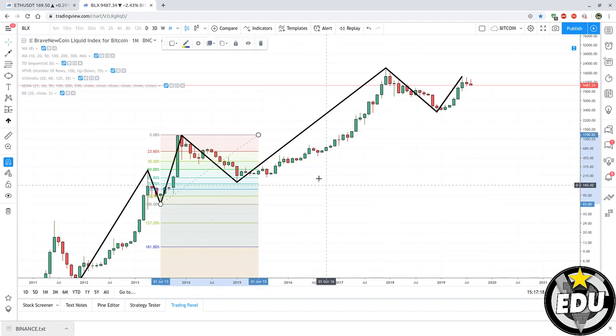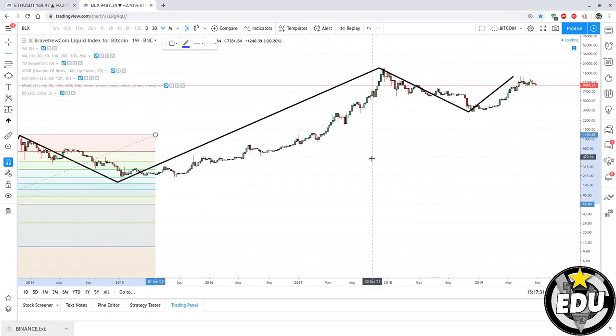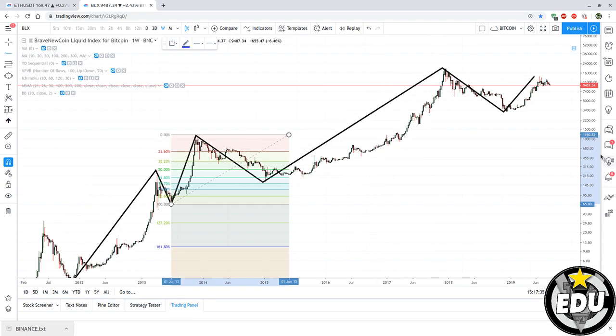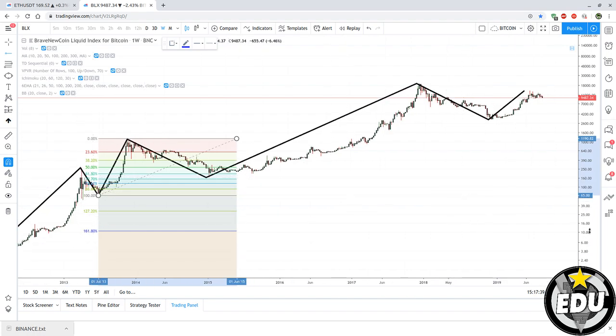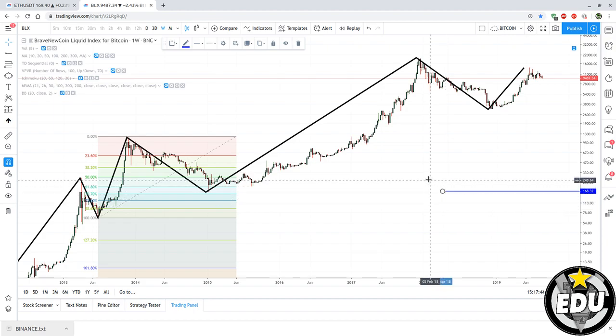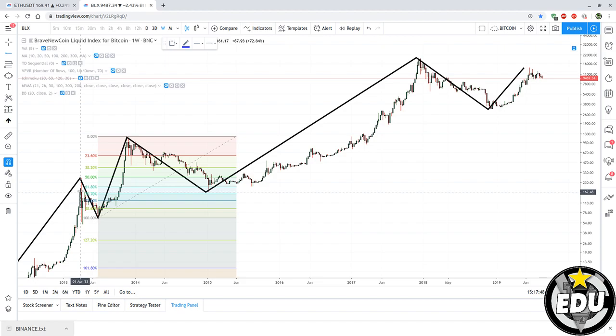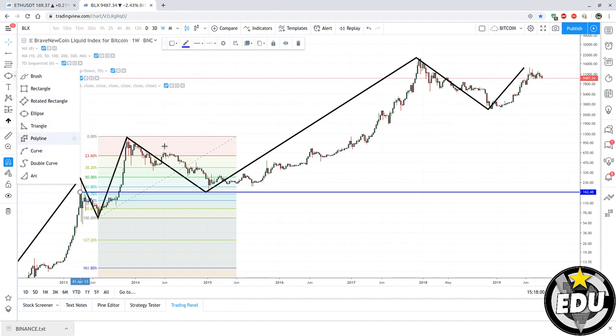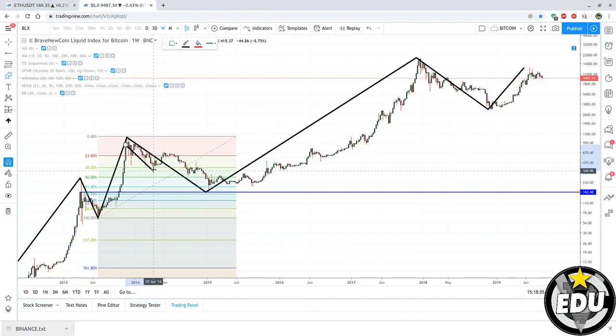What else did I want to show you here? Oh yes, the last chart that I posted, I found this very interesting. If I switch to weekly, we can see better. And remember, when we switch time frames, things will change. Candle closes will change, so you might have different levels, so you have to be careful. In this case, if I connect the top of the candle close with the bottom of the 2014-15 downtrend, what happened in this trend? Price dropped to 38%, went back up a little bit to 23, and then dumped to 61%